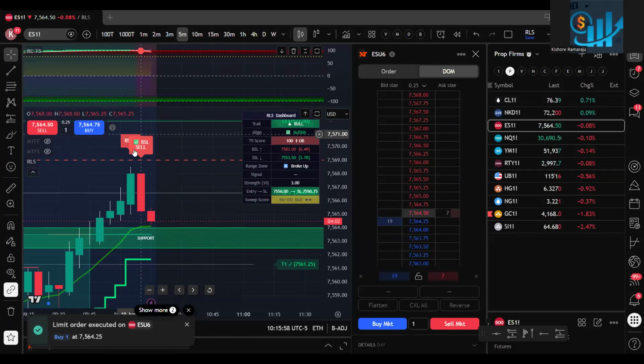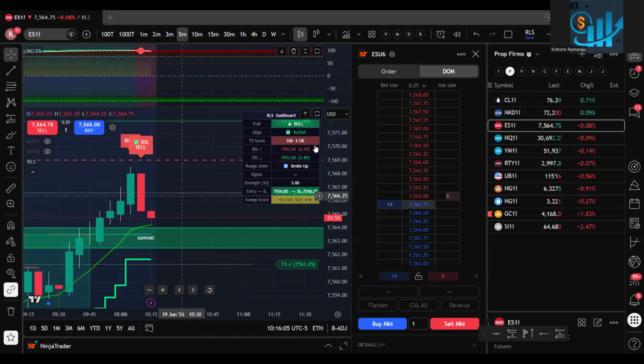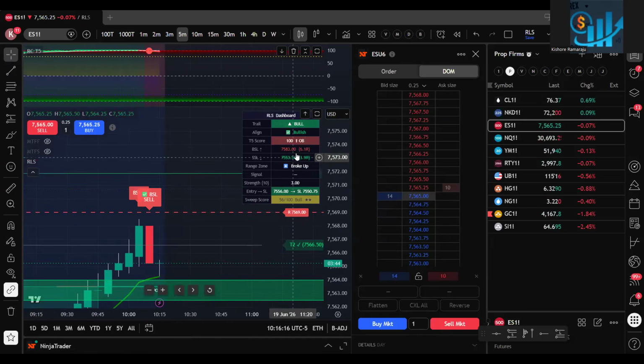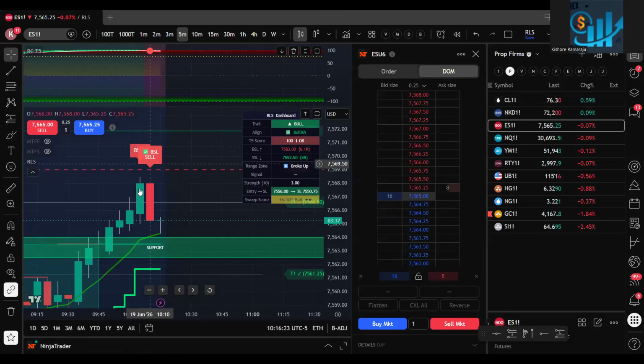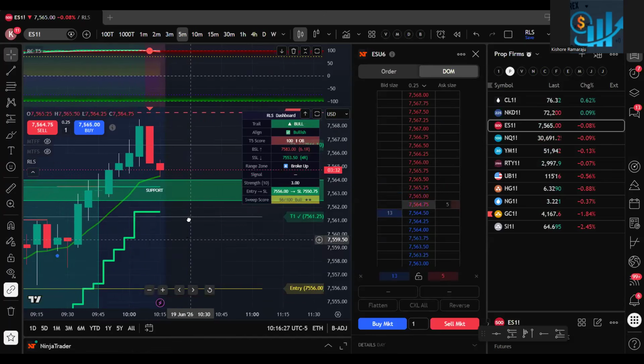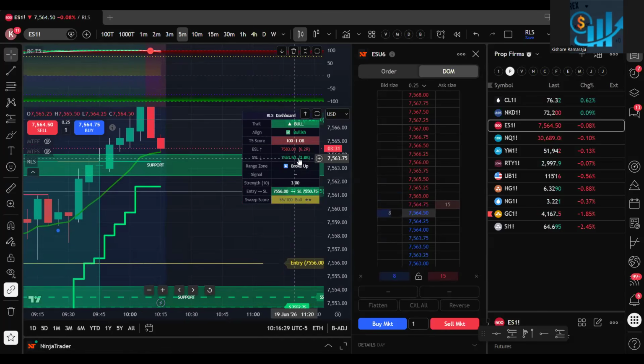Right, even before this came, we expected the 75.68.25. There can be a reversal, right, because our dashboard was showing that okay, there is a buy side liquidity around this area. They may do a stop loss hunting around this point. So we were ready. So if it breaks that, then the next point is 75.83. So immediately that, so it took up and then it came all the way down. Now if it breaks this, then it can come all the way to 75.53.